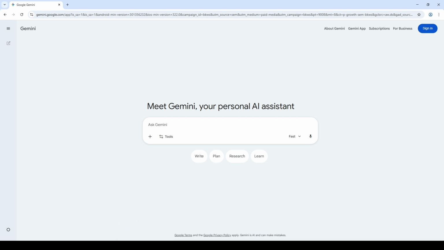So the basic steps are simple. Sign into Chrome, update the browser, look for the Gemini icon or side panel, and if you don't see it, type @gemini in the address bar to open the Gemini web app. That's how to get access to